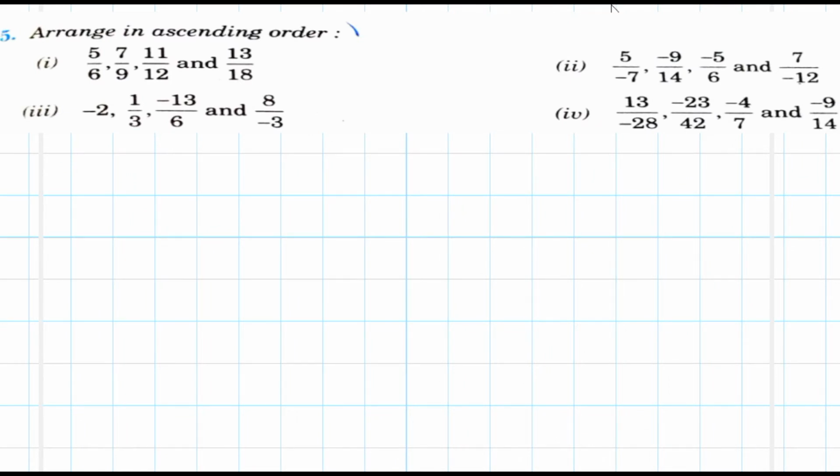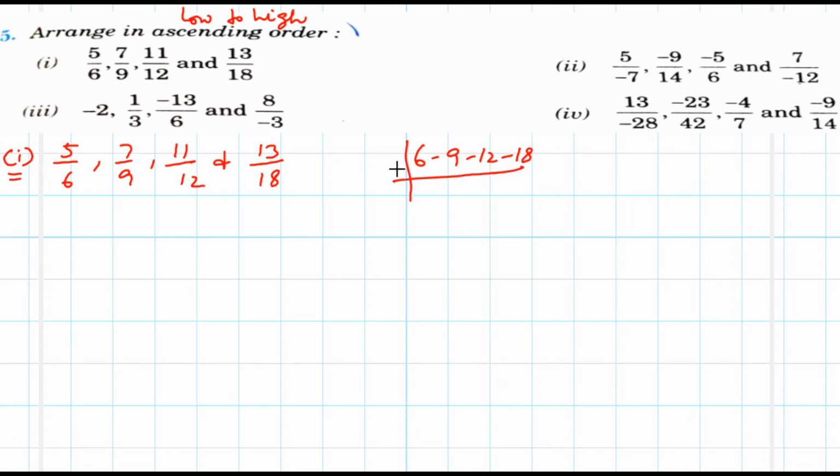Question number 5th. So question number 5 is arrange in ascending order. Ascending order means low to high, right? So for that we have to make a comparison again. So 5 upon 6, 7 upon 9, 11 upon 12, and 13 upon 18. We will take the LCM of the denominators, right? 6, 9, 12, and 18. So